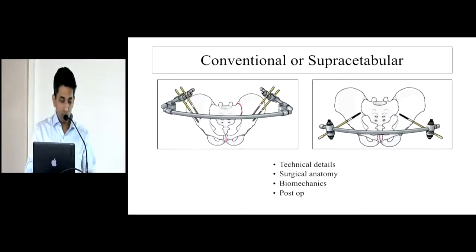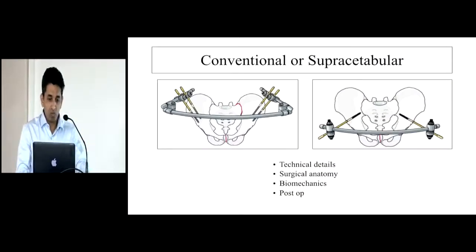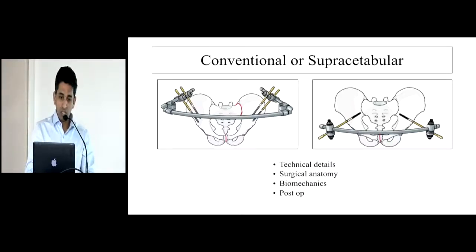So broadly, however, these two varieties are the most common kind of external fixator that are used. The conventional, by conventional I mean the iliac crest kind of fixator and the supraacetabular kind of fixator. So we're going to discuss these two fixators under different headings, such as the technical details, the surgical anatomy,